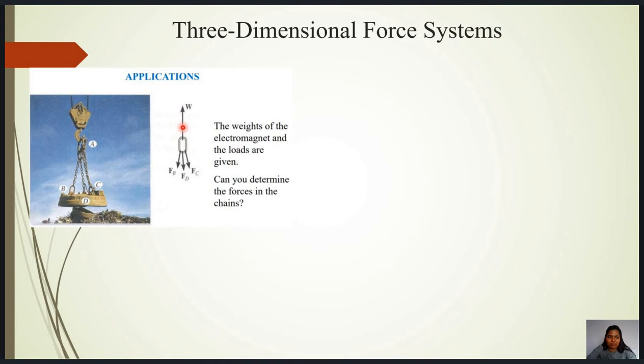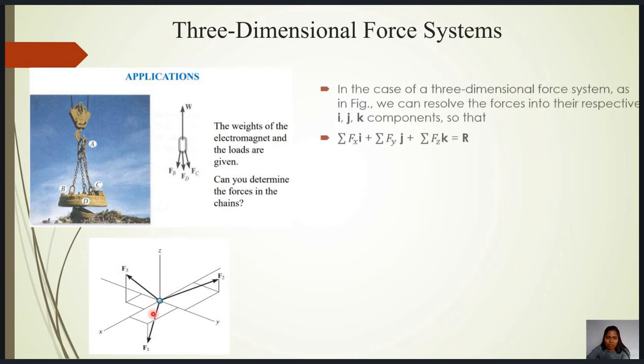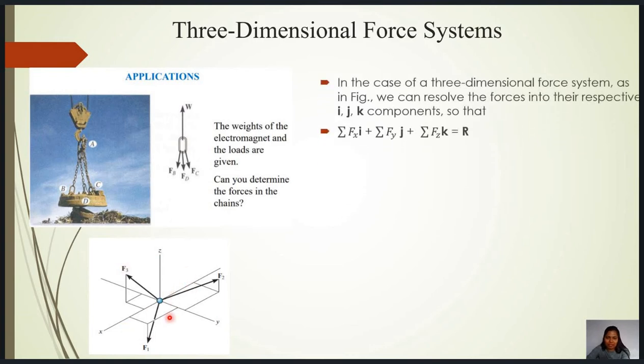So F1, F2 and F3 are the forces acting in space and meeting at the origin. So this is a concurrent force system in space. There are several forces in space, and if you have to find out the resultant of these forces, then we can write it after calculating the summation of x, summation of y and summation of z. We can write it as summation of x i plus summation of y j plus summation of z k is equal to the resultant, where i, j, k are the unit vectors in the direction of x, y and z.